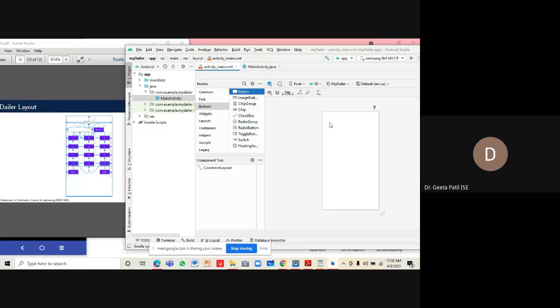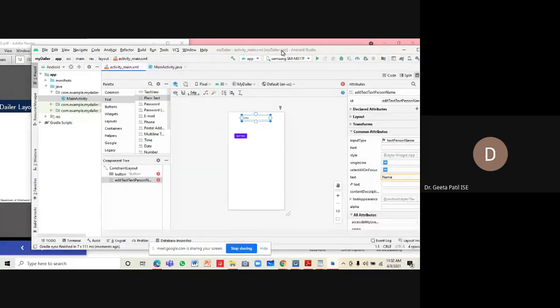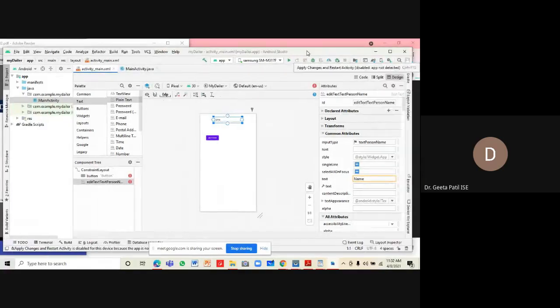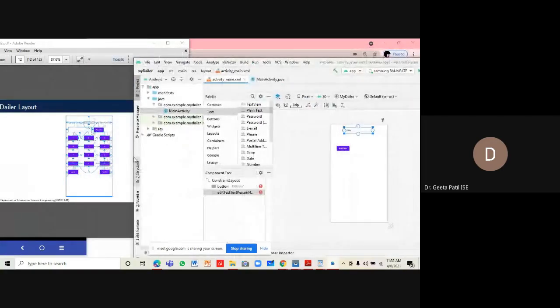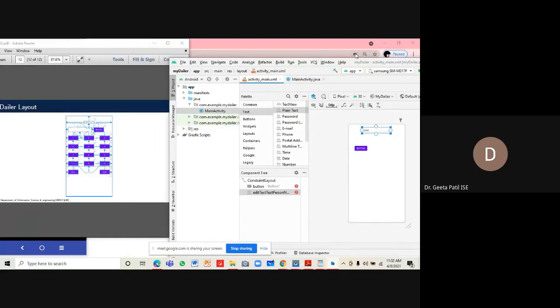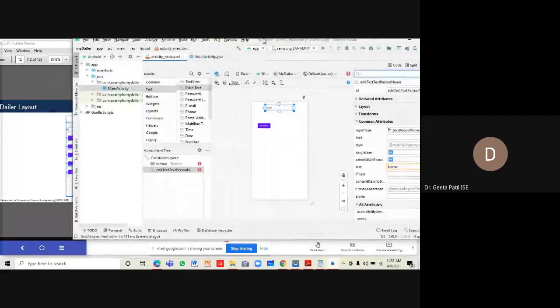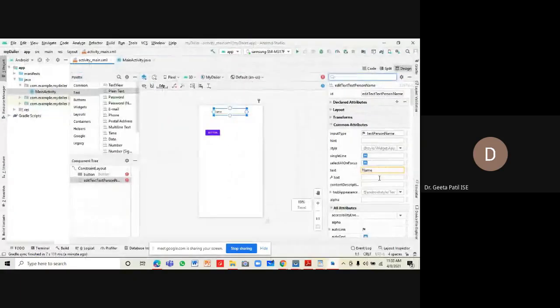We have buttons. Let me take plain text, and in the attributes let me search and change the text field of it. The text of it is phone dialer.